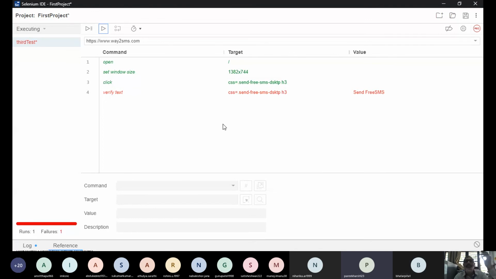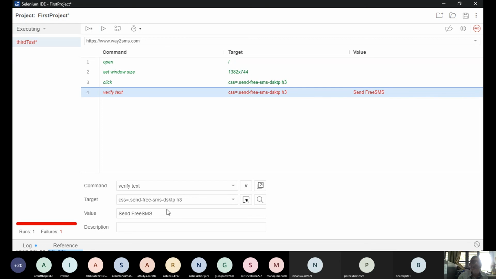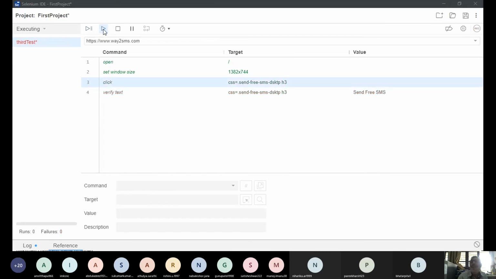You have to verify all those commands like this. There are many commands. Right click, you will do that. Try out that. Is that clear? So again, if I want to run the test case, what should I do? Go there, insert that blank space here, and then start running the test now. Okay, now it is fine.